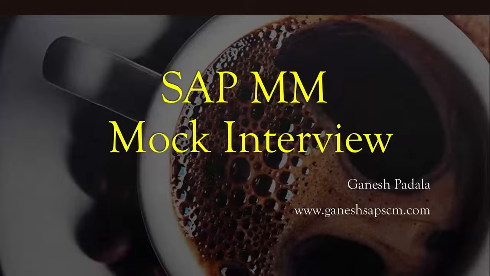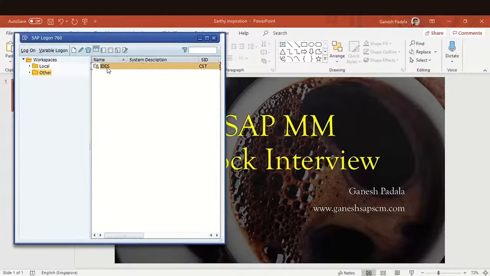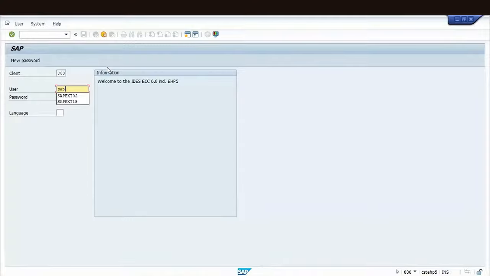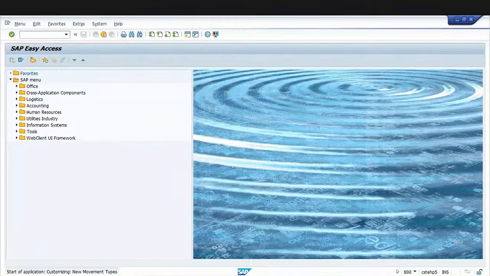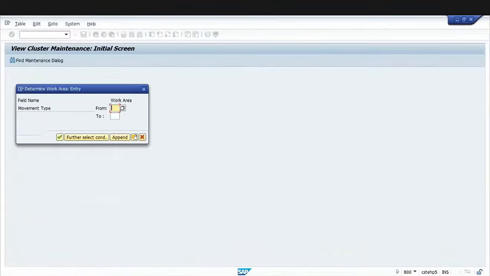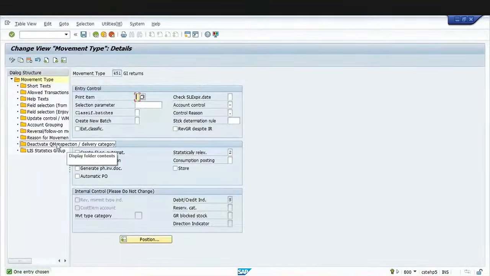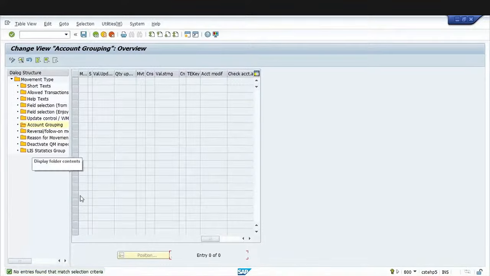तीसरी बात, अगर यह सामान्य सामान है और कोई वैल्यू नहीं आई है, तो आपको मूवमेंट टाइप भी चेक करना होगा। जैसे अगर आप मूवमेंट टाइप 451 देखते हैं, तो उस मूवमेंट टाइप के लिए कोई अकाउंटिंग उपलब्ध नहीं होगा। चाहे वह मूल्यांकित हो या स्टैंडर्ड कीमत वाला, चाहे वह कोई भी हो, अगर आप इस 451 का उपयोग करते हैं तो कोई अकाउंटिंग एंट्री नहीं होगी और मूविंग एवरेज प्राइस पर कोई प्रभाव नहीं पड़ेगा, क्योंकि इस मूवमेंट टाइप में कोई अकाउंट ग्रुपिंग नहीं है।